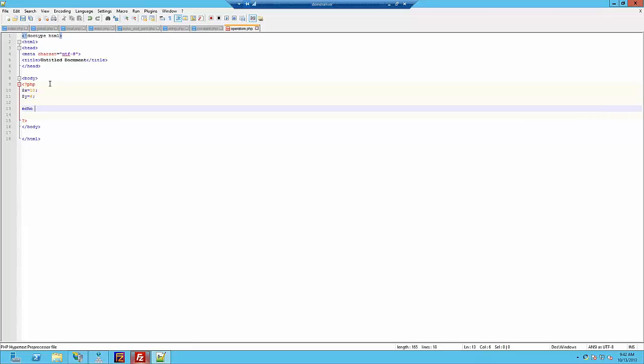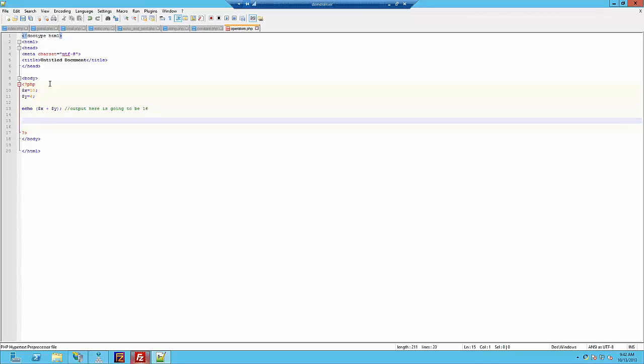So I'm going to say echo $x plus $y. The output here is going to be 16. Now let's do another one. $x minus $y. The output here is going to be 4. I'm going to echo out